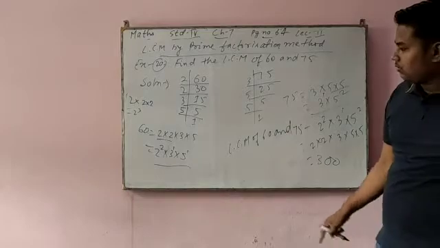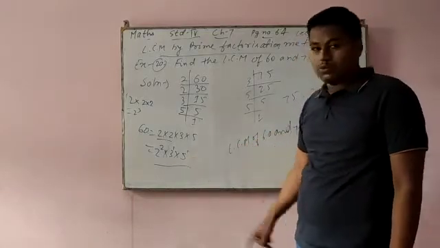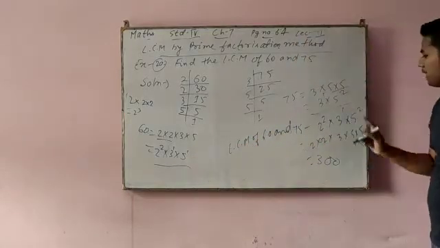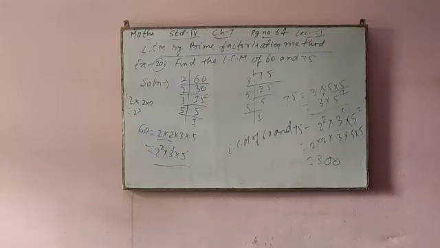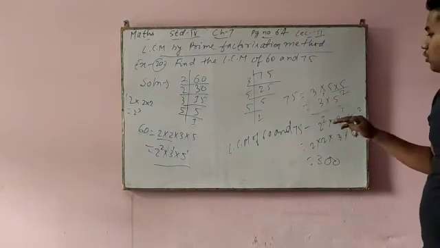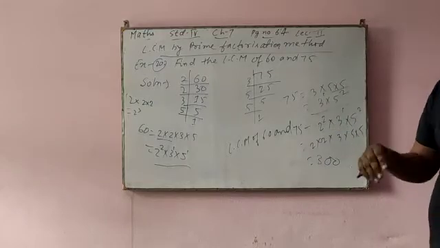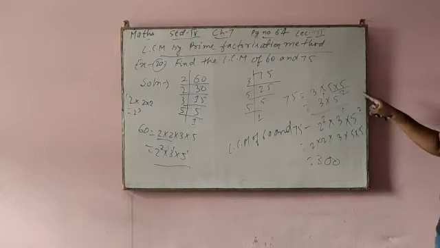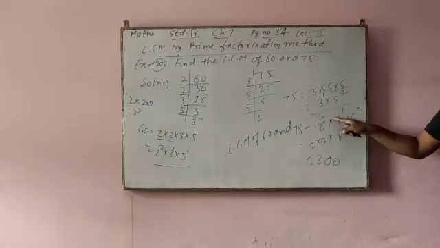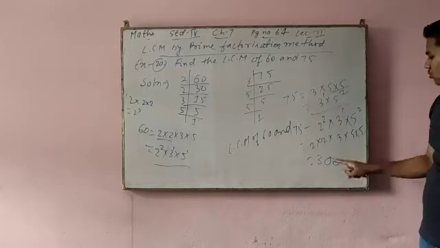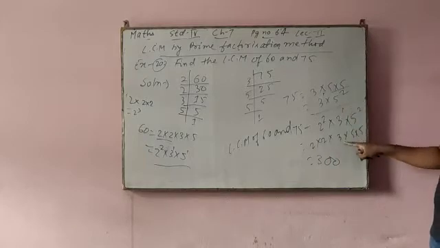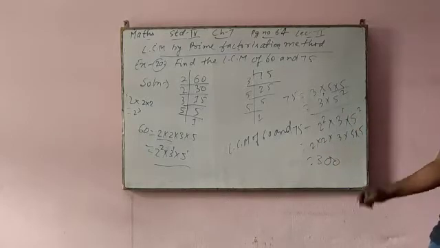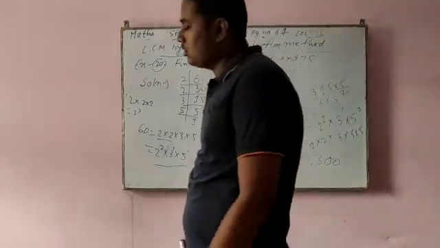Okay, now come to the third number. Here 5 to the power 1, here 5 to the power 2. So whenever a common number is there, you have to choose the one whose power is more. This power is 1, this power is 2, that's why I have taken 5 to the power 2. Now 2 to the power 2 means 2 into 2, 3 to the power 1 means one 3, 5 to the power 2 means two 5s. Now multiply all and you will get 300. Okay.